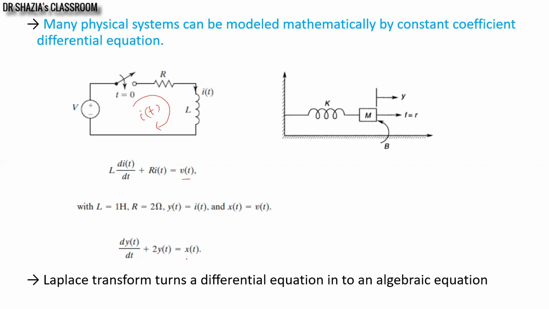solve. So I will take one example to explain how the Laplace transform can be used for the analysis of a physical system, or you can say the constant coefficient differential equation. So we can calculate the transfer function of the system. I can calculate the transfer function of this RL circuit, or we can calculate the impulse response, or we can calculate the response of the system to any arbitrary input. To explain all this, I will take one simple example.